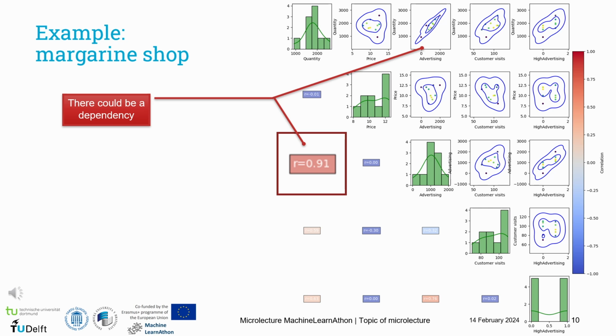This suggests that as advertising increases, sales tend to increase as well. Such a strong correlation supports our earlier regression findings and is consistent with the idea that advertising may be a key predictor in this context. However, it's important to note that correlation alone does not imply